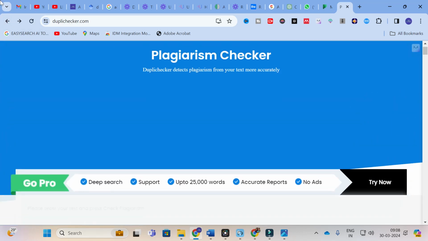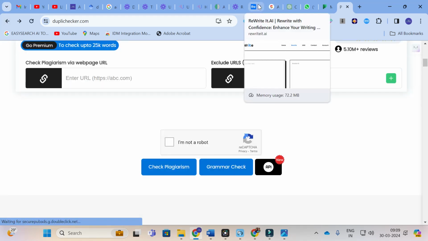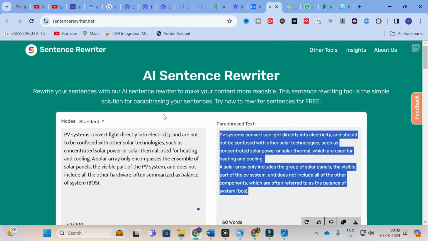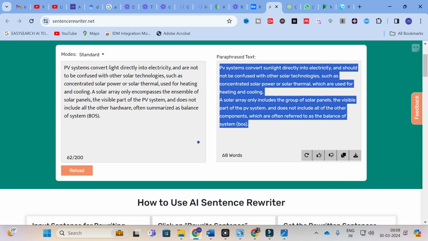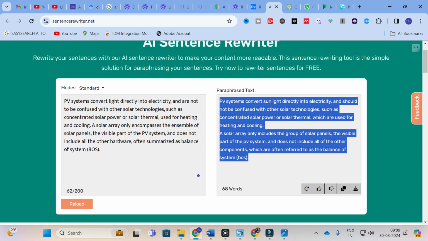So you can check with another plagiarism checking software also. So this is how you have to use this free rewriter to rewrite your content and paraphrase your content. So the important thing is that you can use up to 200 words, that is, you can copy and paste the sentences to be rewritten. So the important thing while rewriting is that you can copy and paste only a few words. I can suggest that you copy and paste around 100 words, that itself is enough.